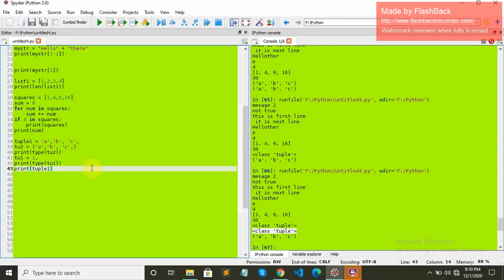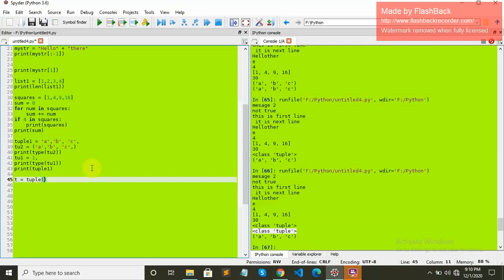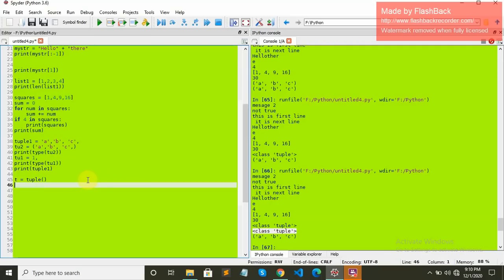There is also an alternative to define the tuple. We can also have something like this. If you want to have a null tuple, you can have something like this: t equals tuple. It will create the tuple, and we can print this t, but there is no element inside, so you should see an empty bracket.